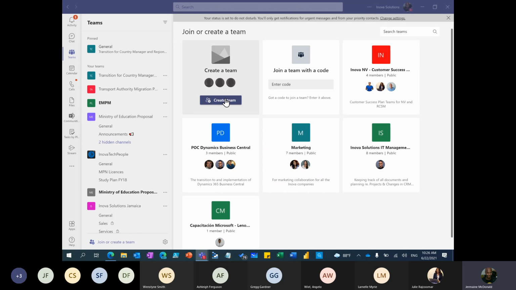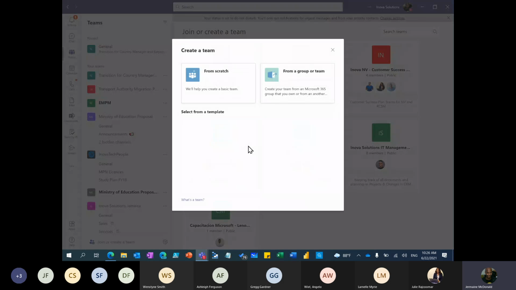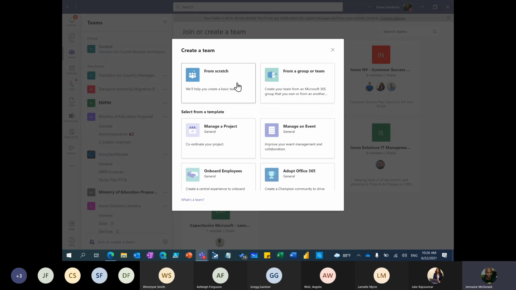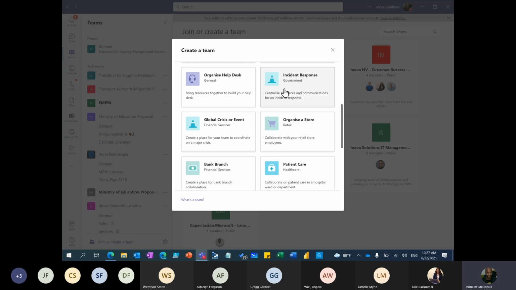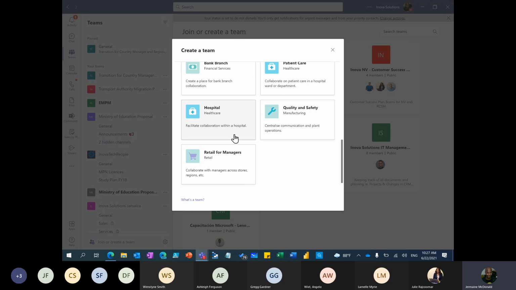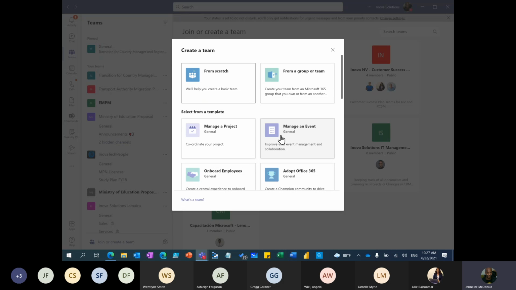All right, so once I click on create team, which is what we want to do, I have two options. I can create it from scratch, which means I would need to enter those details, or from a group like I would have just mentioned before. There are also templates that we can take advantage of. So if I wanted to have a specific template for that team created, I could look at these options, use the one that matches closely to what I need, and then select it, and it'll serve as like a starting point. And we see templates all across Office 365, and that's because Microsoft wants to make it easy for us to get our functions done, right? So I'm going to select from scratch,